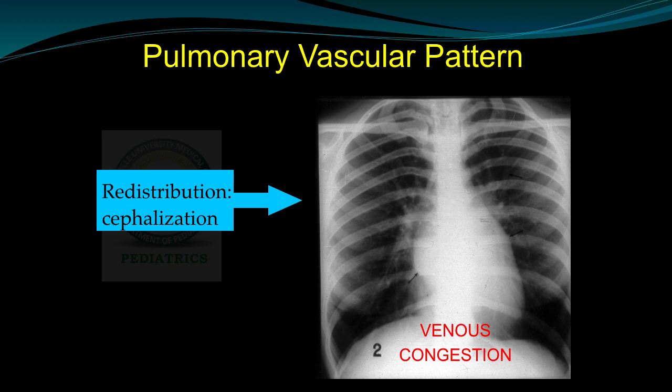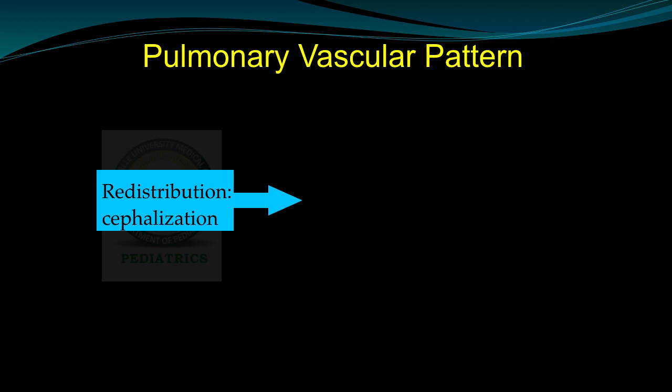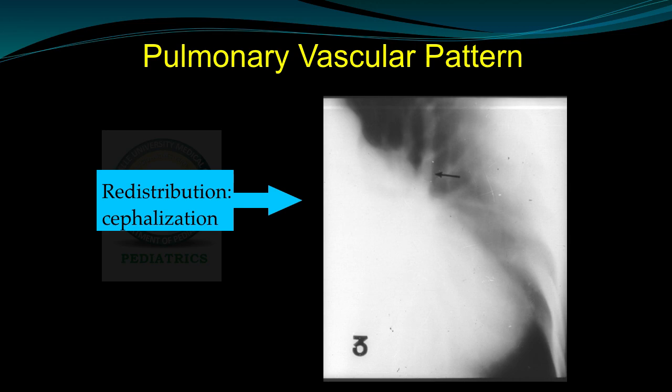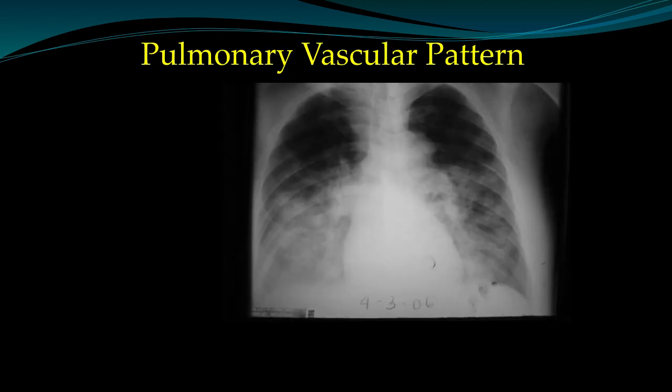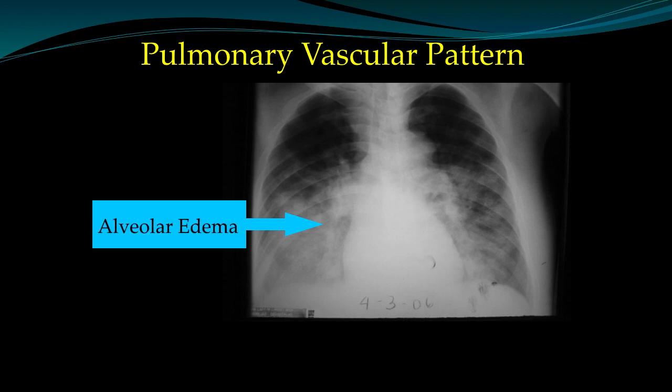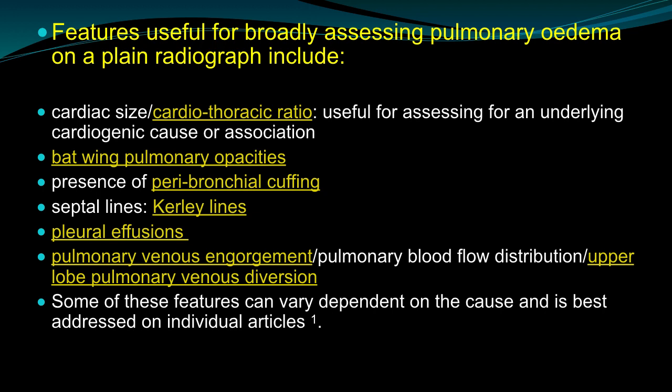This next slide shows you the cephalization. There are visible pulmonary markings on the upper third of the lungs. This next slide shows you almost white lung, which is evident of alveolar edema seen in patients with congestive heart failure. Now, features useful for broadly assessing pulmonary edema on a plain radiograph include cardiac size or cardiothoracic ratio,